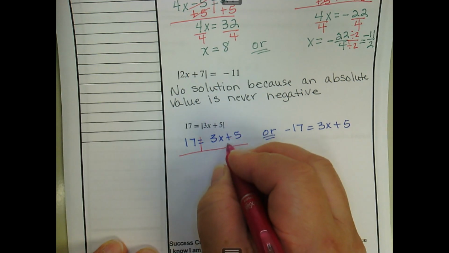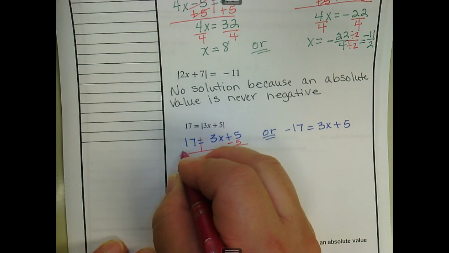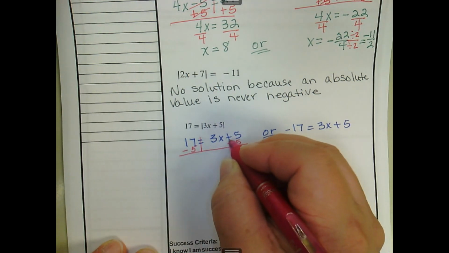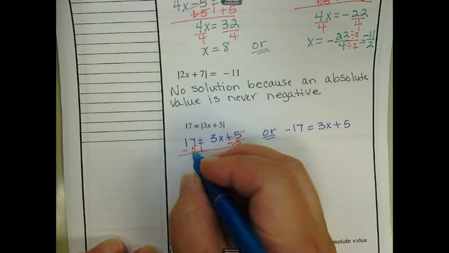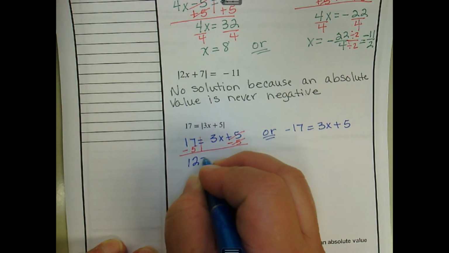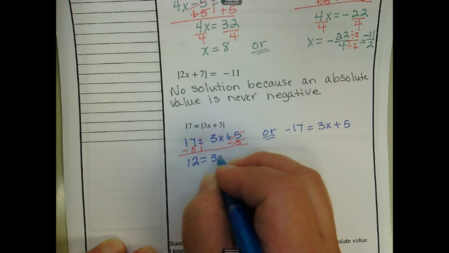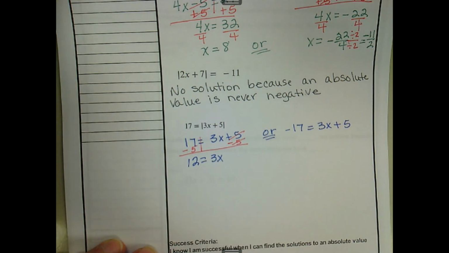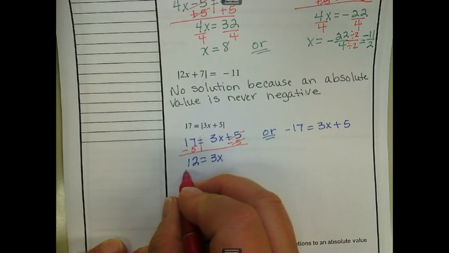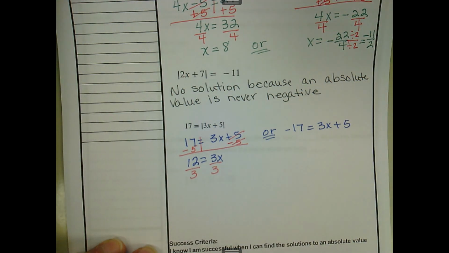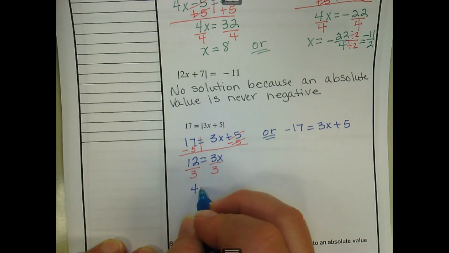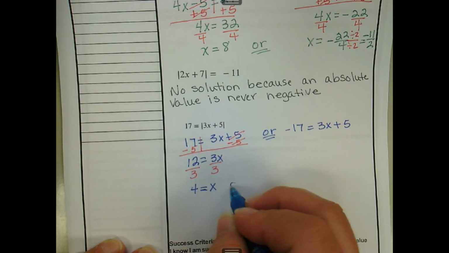I've got positive 5 here, so I'm going to subtract 5 here. 5 minus 5 is 0. I've zeroed it out. 17 minus 5 is 12, which is now equal to 3x. 3x means multiplication. The opposite of multiplication is division. 4 is equal to x. Or,